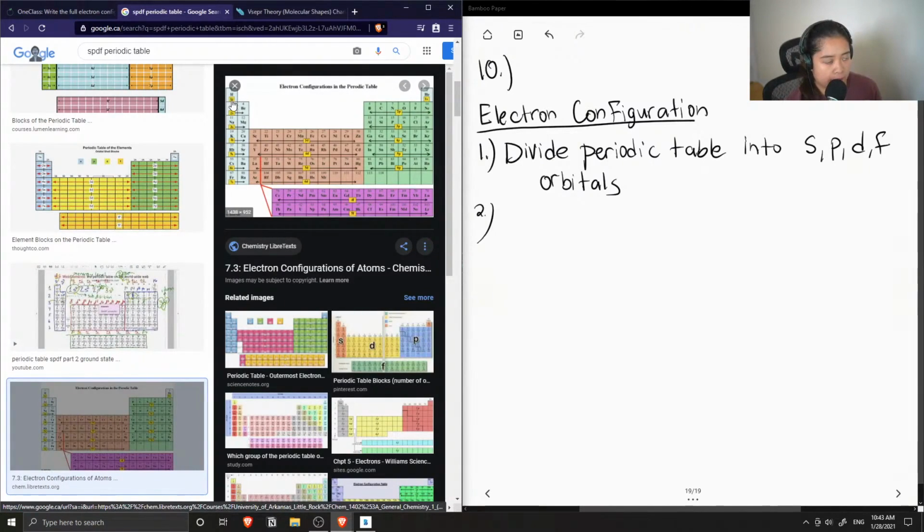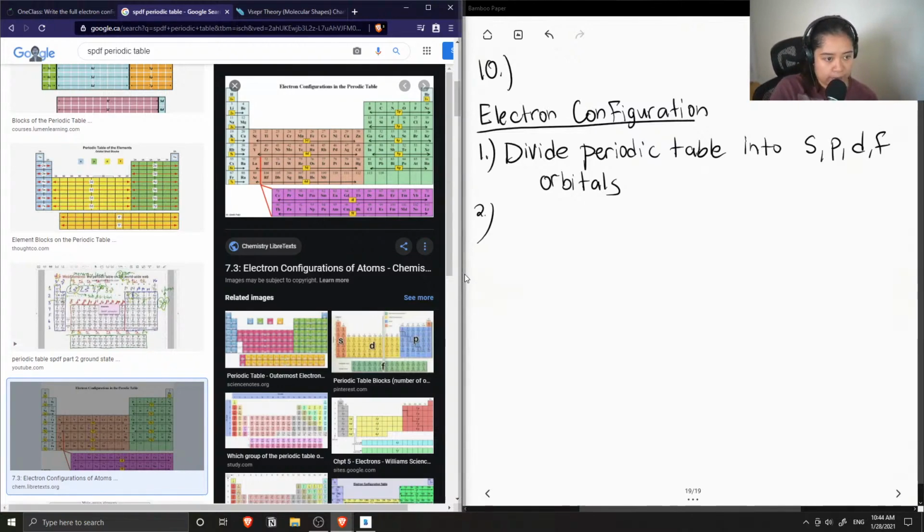So for the leftmost columns, this is the S block, including helium. And this green section is the P block. And the middle transition metals is the D block. And the last two rows, the lanthanides and actinides, is the F block. So now,